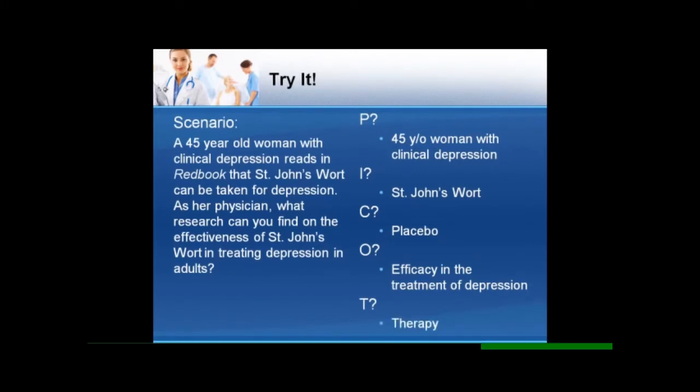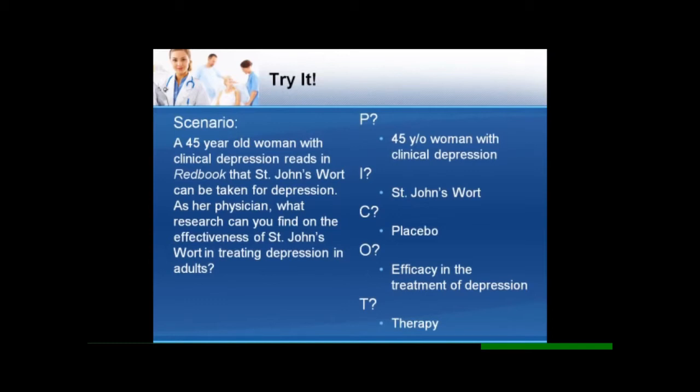Okay. From the scenario, it is so clear that they have derived all the necessary information in scientific format, which is the PICO format. We have the letter P, the I, the C, and the O, and finally the letter T. So here, the problem is that there is a clinical depression with a 45-year-old woman, and then St. John's wort is the intervention that they are thinking of, and they will compare this St. John's wort with placebo. And then they will look after the output, which is what will happen,